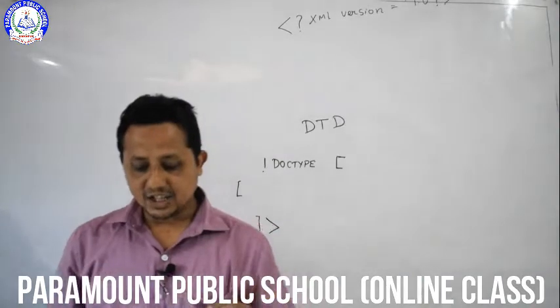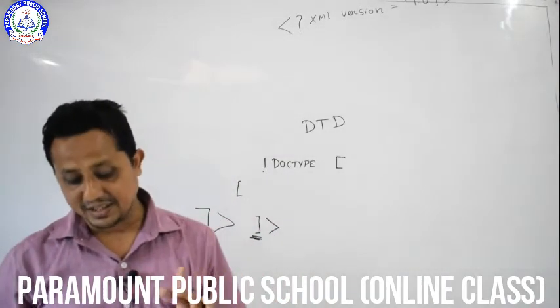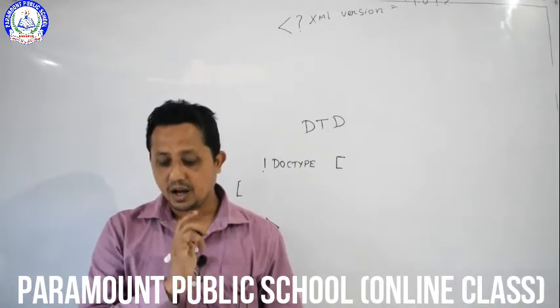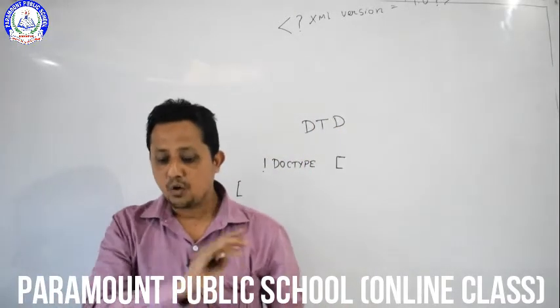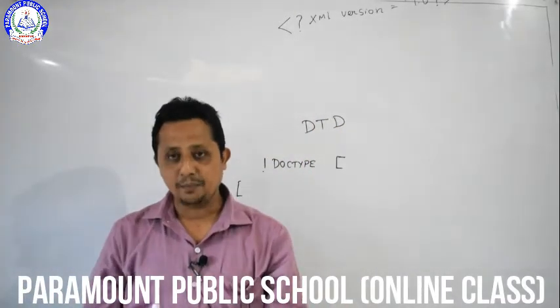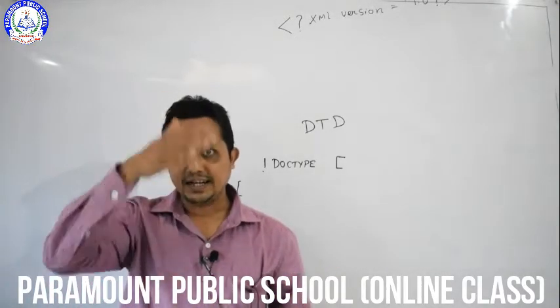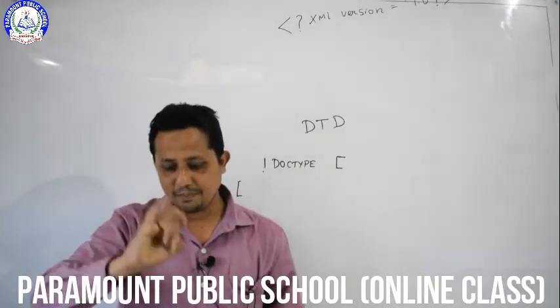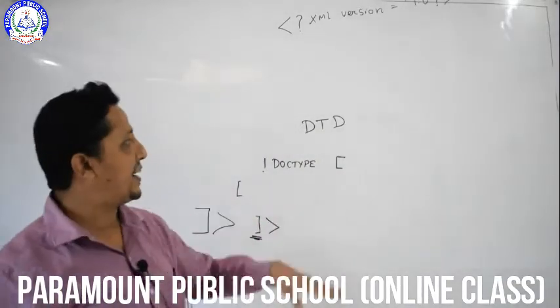The first line in the square bracket mentions the order. In the example, you can see code, name, memory, color, price. This is the order of the elements. So the order is given. For example, if you define the name before the code, there will be a problem. It is already defined that first code will come, then name, then memory, then color, then price. So it is already defined here.